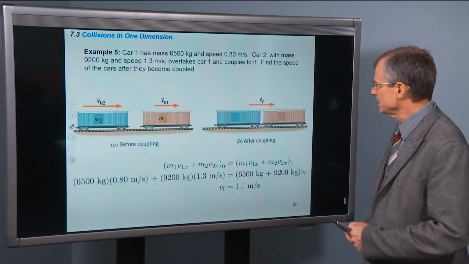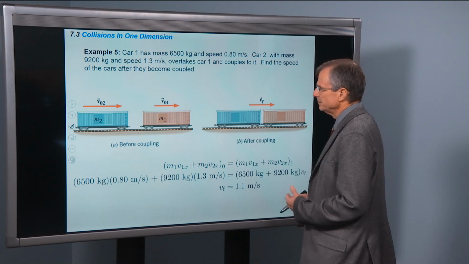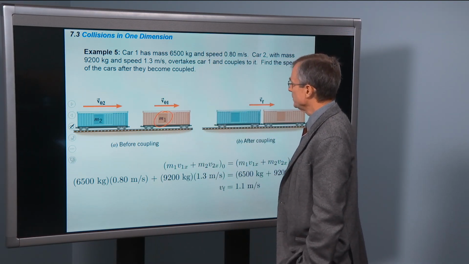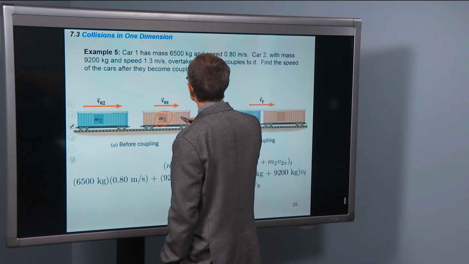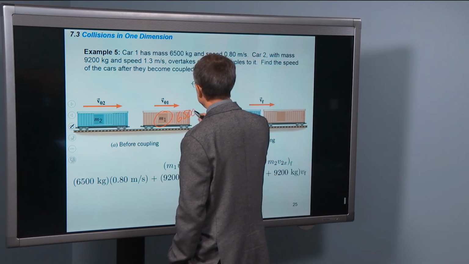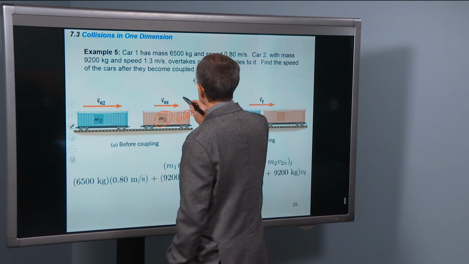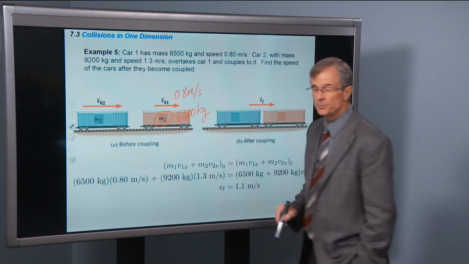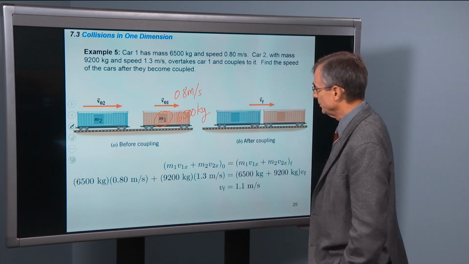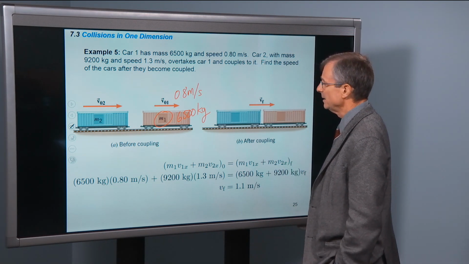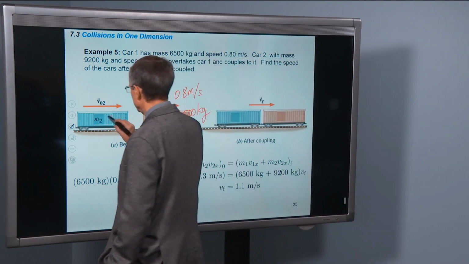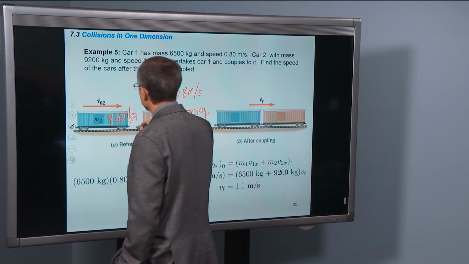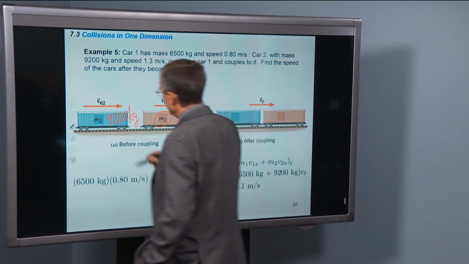All right, let's do an example. Car 1 has mass 6,500 kilograms and speed of 0.8 meters per second. Don't want to be running these too fast lest you smash them up. Car 2 with mass 9,200 kilograms and speed 1.3 meters per second